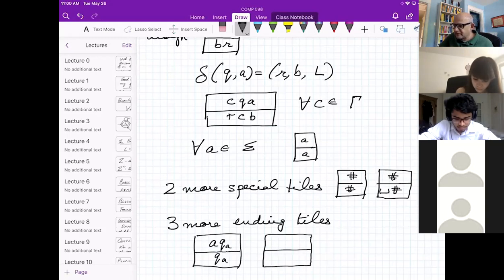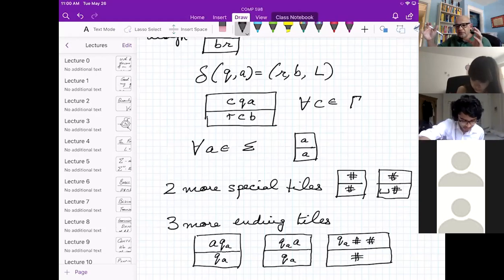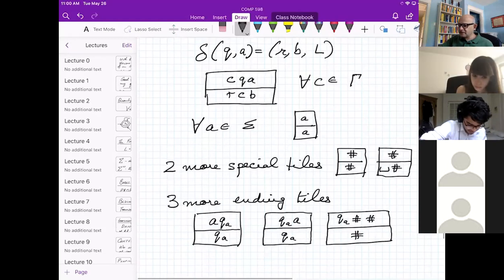I see I made a typo in my notes, but I'll fix that after the lecture. Okay, so these things kind of allow you, when you reach the accept state, to swallow up the last few letters and complete the match. So those are kind of ending details.